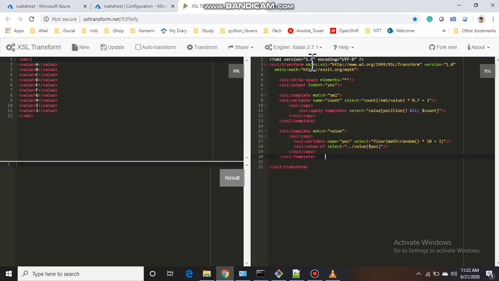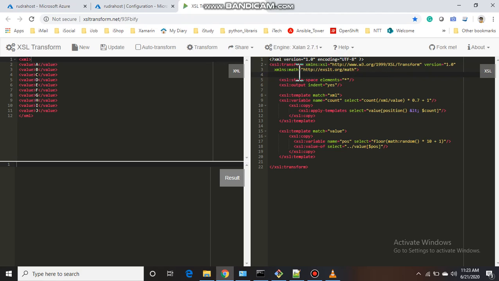You can see there is a 1.0 XSLT, and here you can see the version is 1.0. First of all, let me explain the XSLT step by step. The first step is that I need to declare the namespace because I need to access those libraries. I have declared those namespaces here, and the most important thing is that I use a different library and a different namespace here.